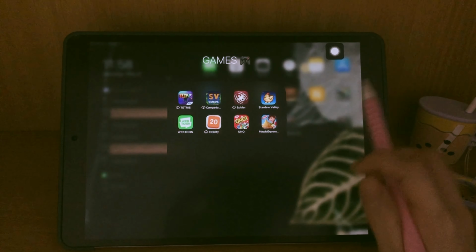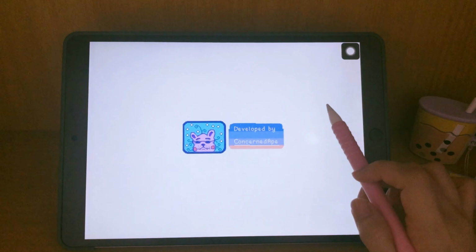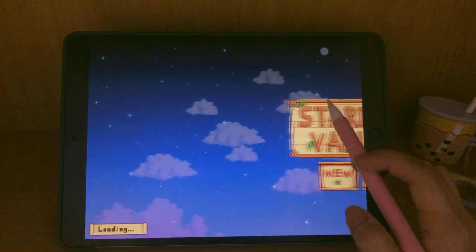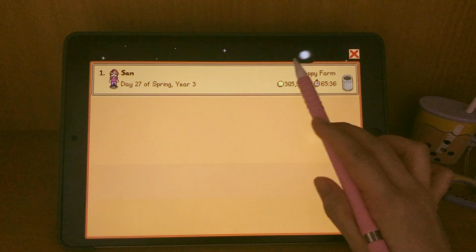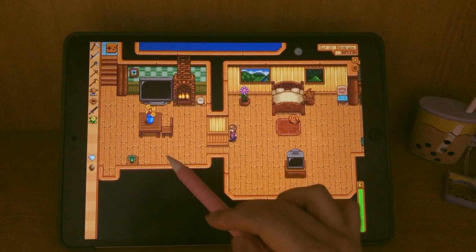So the games, I like to keep some games in my iPad so that if I'm bored, I have something to play. So I love Stardew Valley. It's like Harvest Moon, if you're familiar with that game. So basically, you just work on your farm. Then there are also quests and all. So yeah,